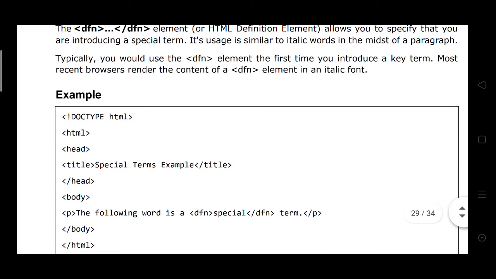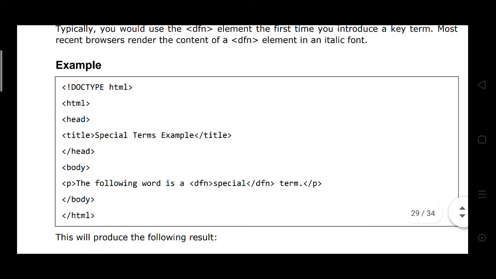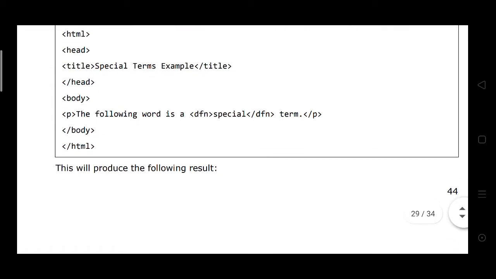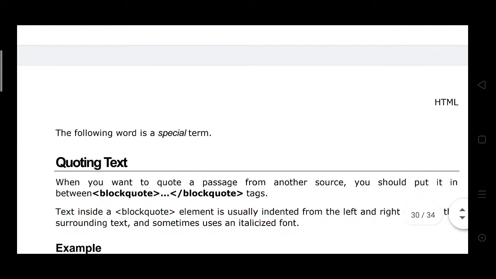Here is the same example: doctype HTML, head, title special term example, head. The following word is DFN special. Here, which is the result? The following word is special term. This is special, only the style changes. Quoting text.